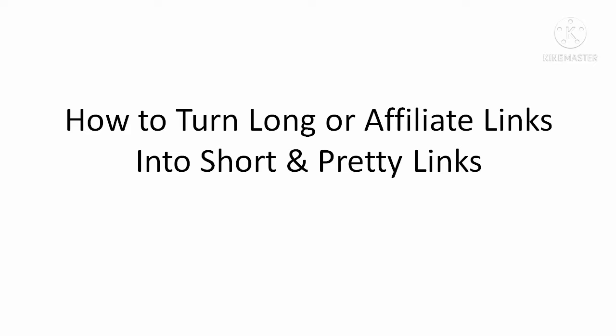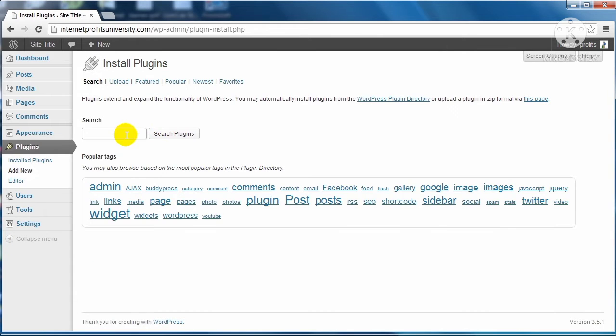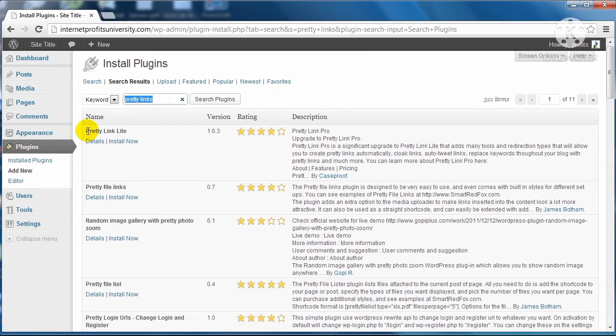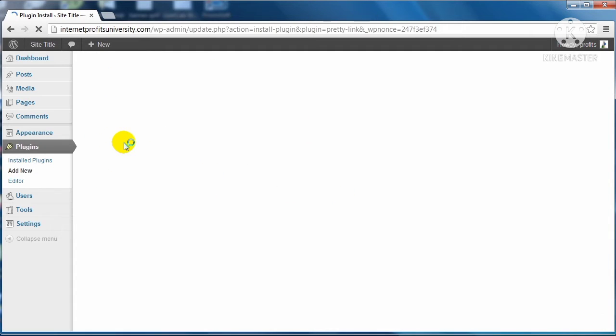What I want you to do now is simply head on over to WordPress, and you're going to look for a specific plugin. So go under plugins, click on add new, and do a search for pretty links. Click search plugins, and it's the light version, Pretty Link Lite. This is the free version. It's basic, and this is really all we need. So click on install now, click OK, enter your FTP username and password, click on proceed, click activate plugin,